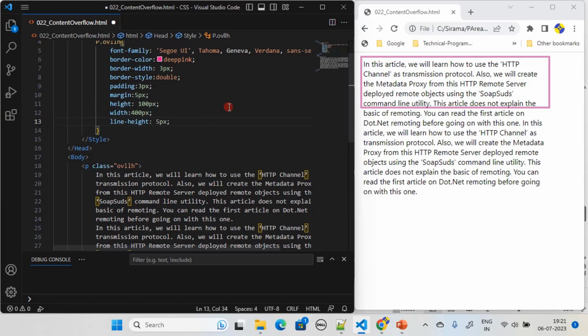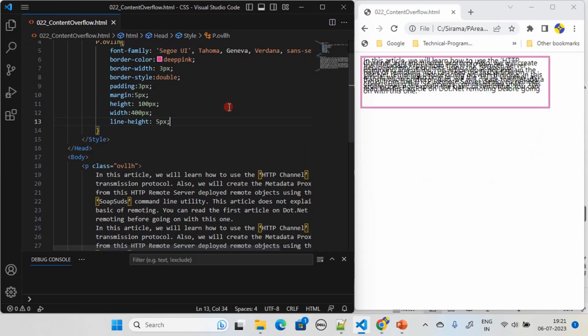We will also add a line height, and if you see, let's save this, and you can see. So line height defines the distance between two lines. Here the moment we try to fit the content inside the box, and we specified 5 pixel for line height, we can see there is an overlap of each line. So one line is written on top of another line, and the paragraph becomes